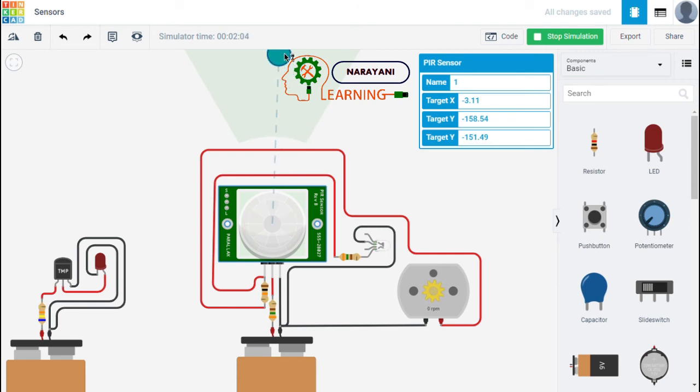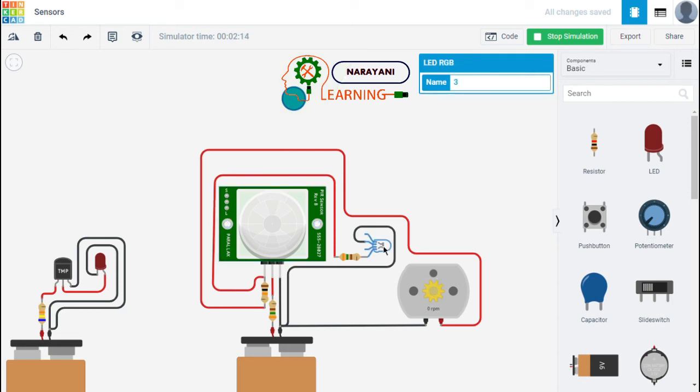Now, as you can see, when I move this around, it causes this motor and this light to become green. This motor turning is a representation of the doors of a store opening and closing. And you may be wondering,